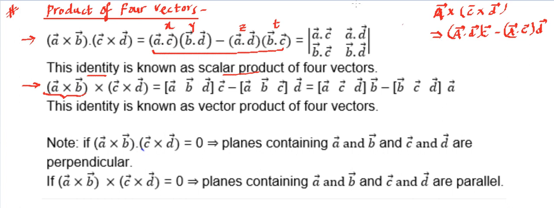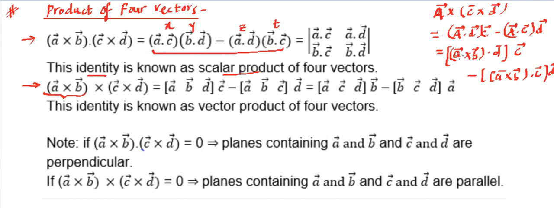Now this is basically an equality, so let me place the equal symbol over here. Can we say this further goes to equal to A? Now let's place back the value of capital A, which is A cross B. So this will become some sort of this: A cross B having dot with D. This is in one bracket, and this is multiplied with C, minus, and this A dot C, in place of A we can write A cross B and then dot C, which was there, into D vector.